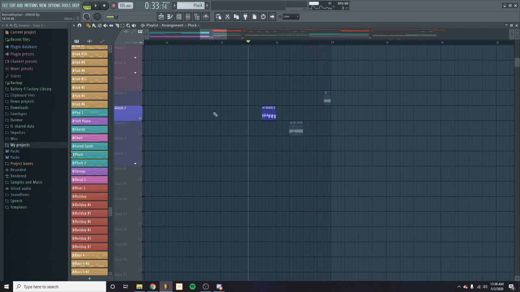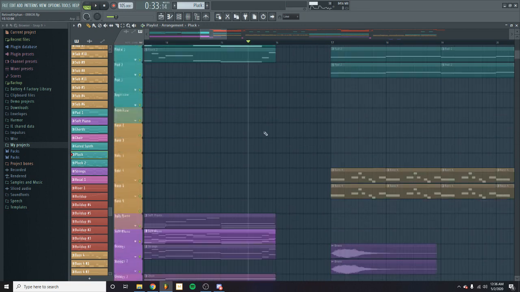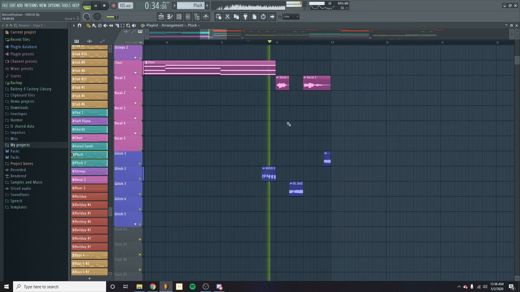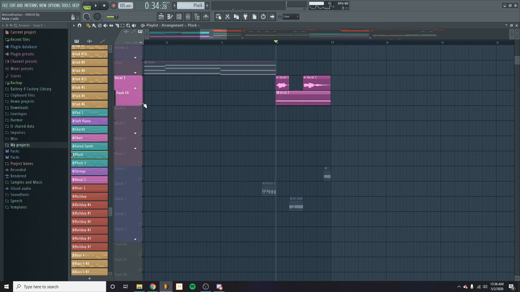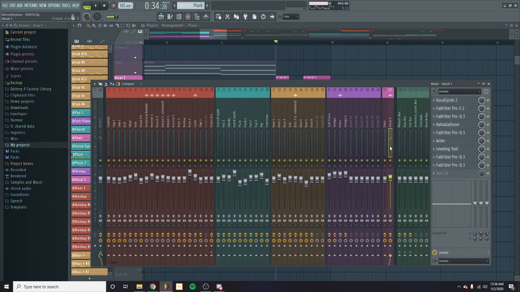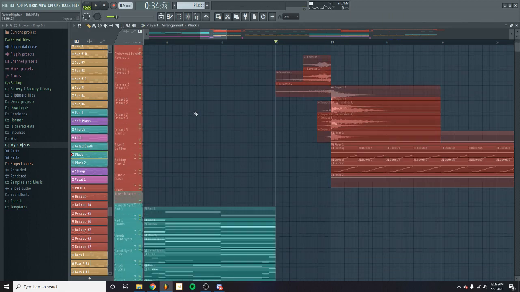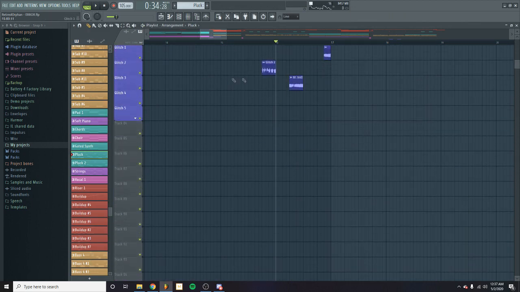Got that nice little glitch right there, and it kind of brings us into this weird glitch moment. So basically, the effect that I'm trying to create here, we got this text-to-speech voice. Because this originally was just this: "No emotions." That's literally what this vocal used to be, and I turned it into this. So for this little section right here, as we said, we had that little glitch here, and then